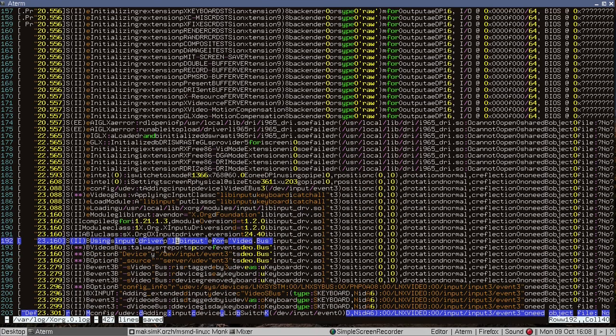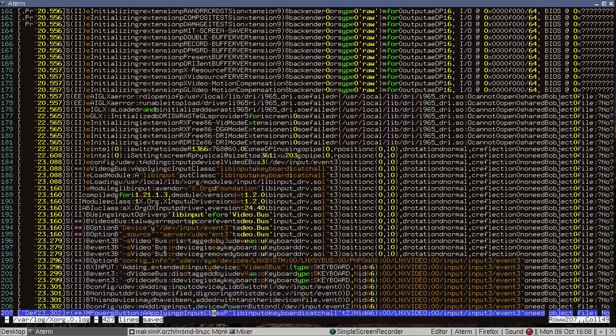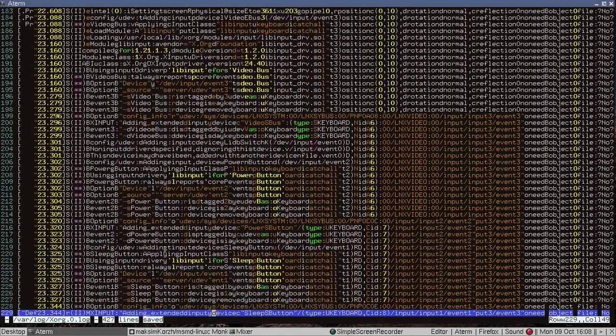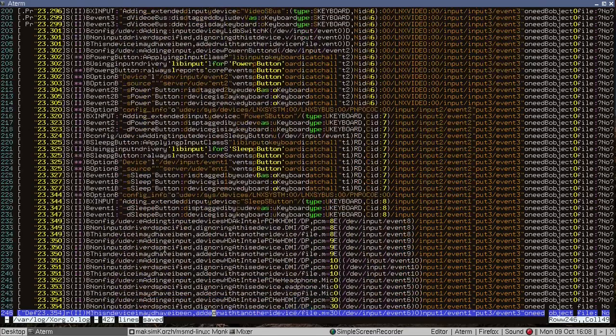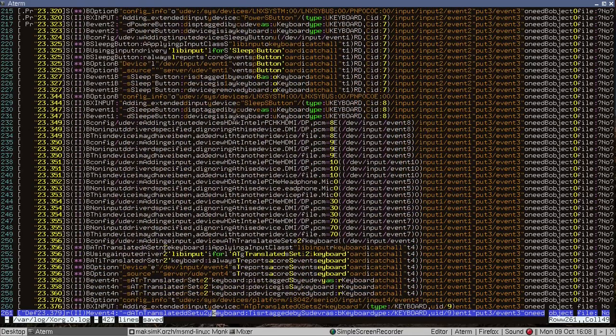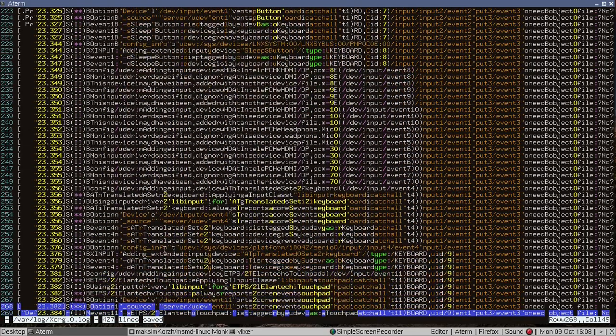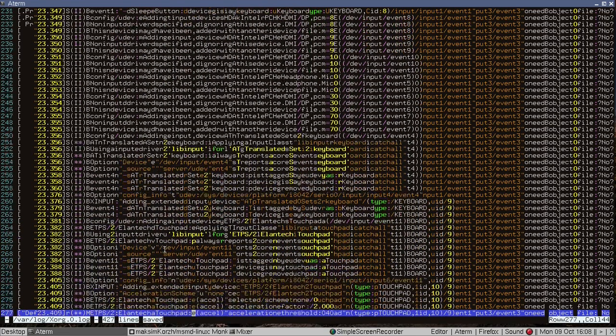Yeah, it even uses libinput for the video bus. I didn't know this. It's quite cool. I just want to find the place where it starts relying on udev to configure things. Oh yeah, this is it. So for instance,